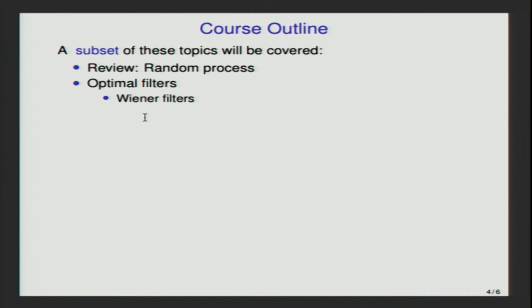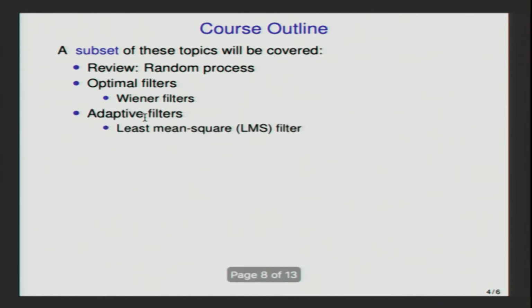Once we know what is optimal in terms of performance, we will try to move from optimum filters, which usually work under non-realistic assumptions. We will relax these non-realistic assumptions and go to real world signals whose statistics may change with time. For example, we will move away from wide sense stationary signals to non-wide sense stationary signals